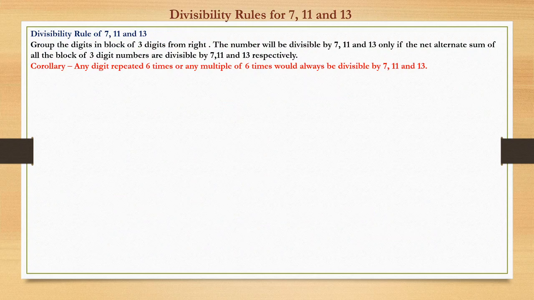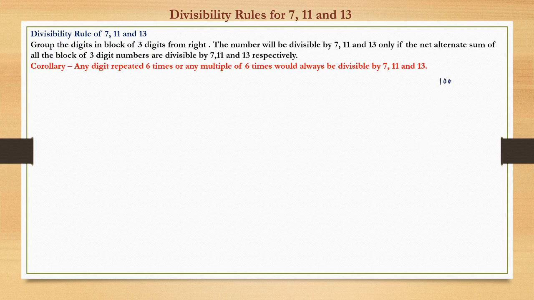So that was the not so practically used cases we saw for 99 and 101. But what we are going to see now for 7, 11, and 13 is quite vastly used, and that concept would be used at many places, in number systems. So let us understand this. Now the divisibility rule of 7, 11, and 13. We will use similar concepts to what we have done so far.